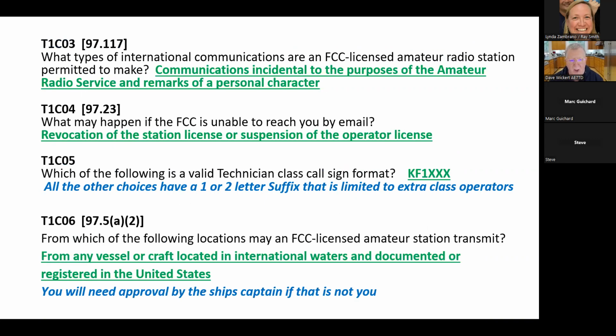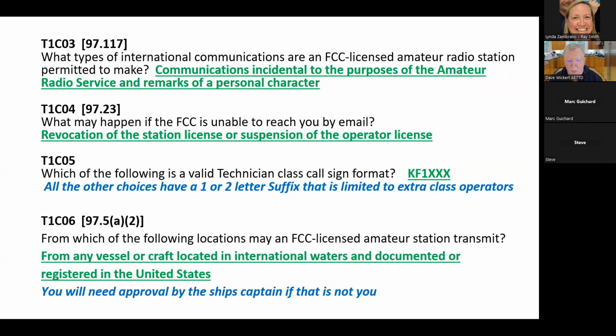What kind of international communications are permitted? You're allowed to make any international communication that is consistent with the amateur radio service and is remarks of a personal character. Meaning you can ask about the weather, you can ask about what kind of antenna and radio they might have. You can't sell something to somebody in another country. So it has to be limited to the purpose of the amateur radio